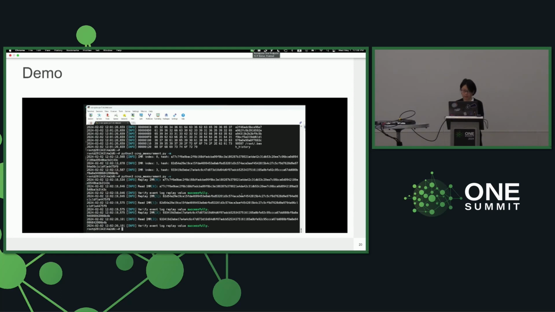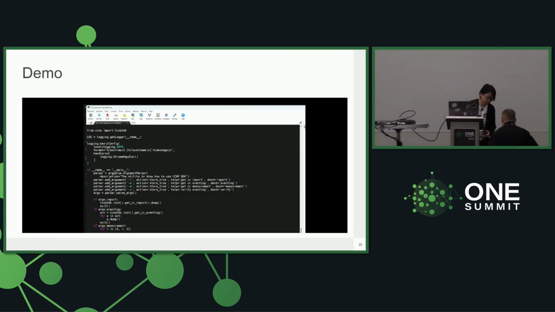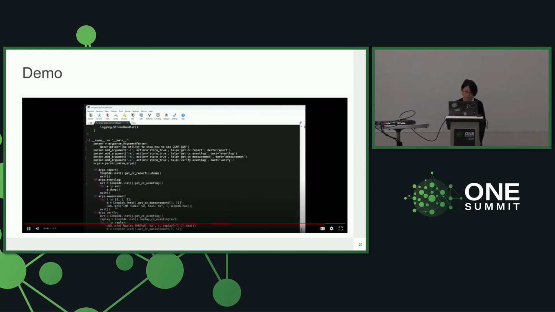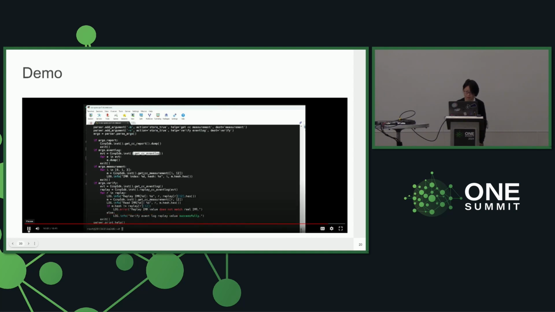Here is all the example of how to get the container measurement by the CCNP API. The API is very simple, just like the VM SDK of the CC Trusted API. You can see, just from CCNP import the CCNP SDK and use the CCNP SDK instance to get the report, get the event log, and